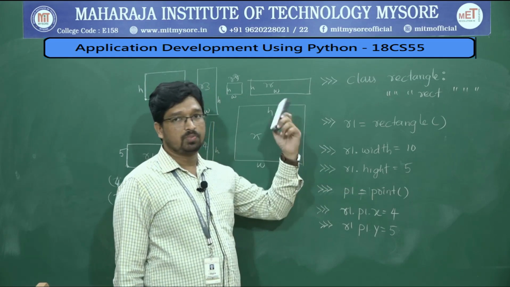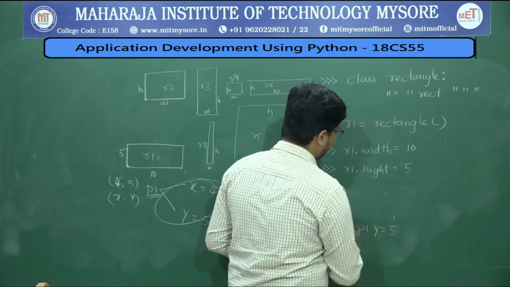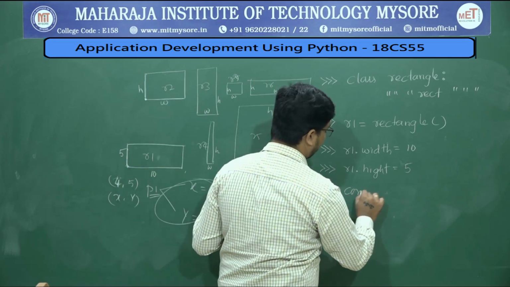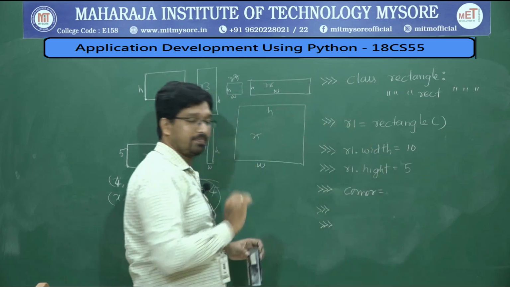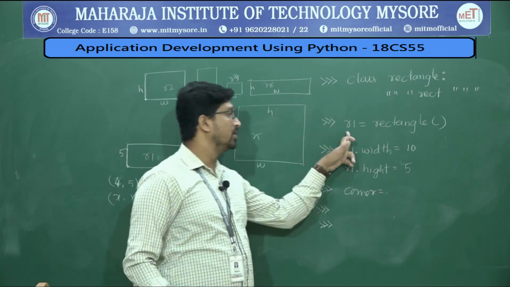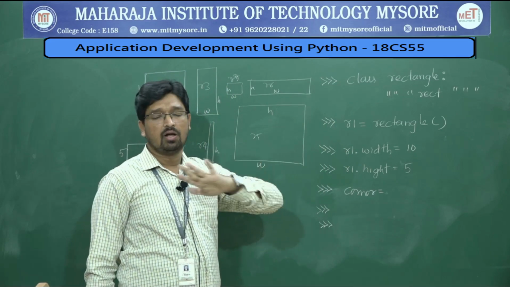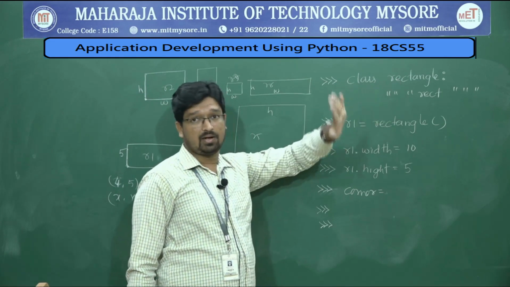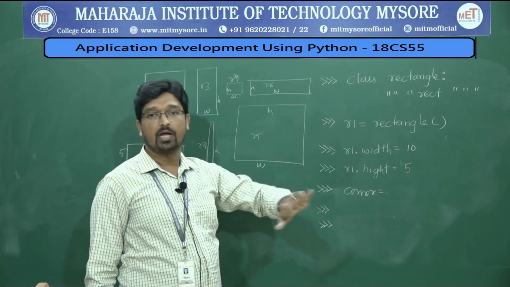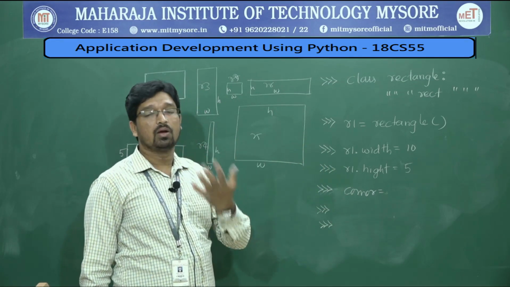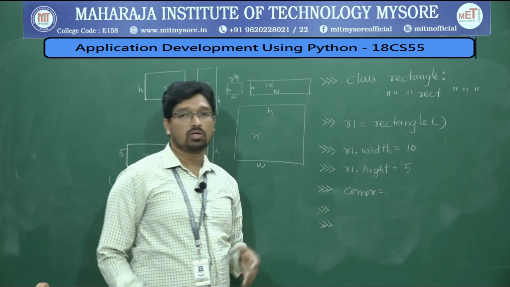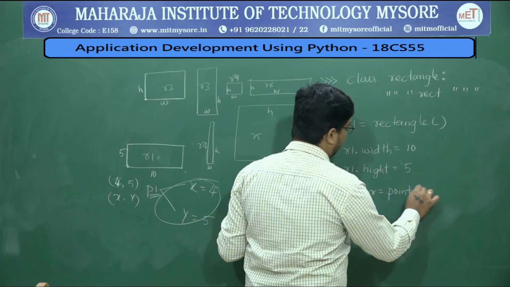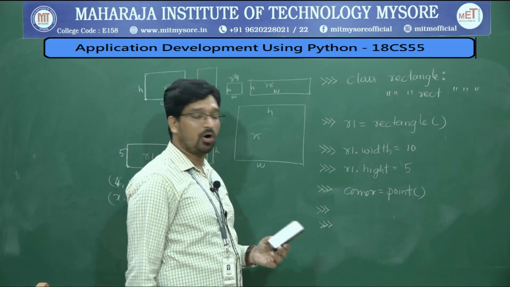So instead of taking P1, because we have already created it, let us take, because I call these points a corner, I will consider it as a corner. Corner is of type what? Here R1 is of type what? R1 is not an integer, R1 is not a float, R1 is not a list or tuple. R1 is of type rectangle, right? The same way corner is of type what? I mean to say, what information are you storing in corner? You are storing point information. So I can take this corner as a point object.